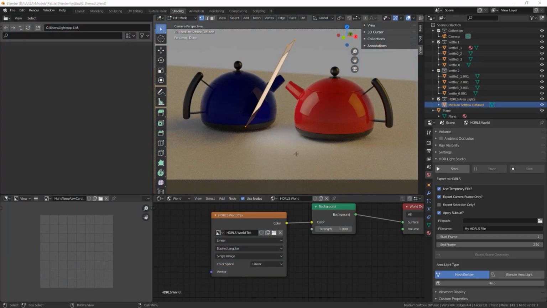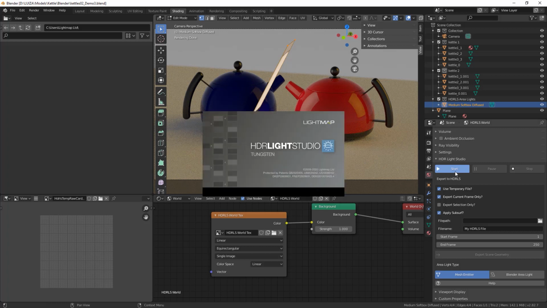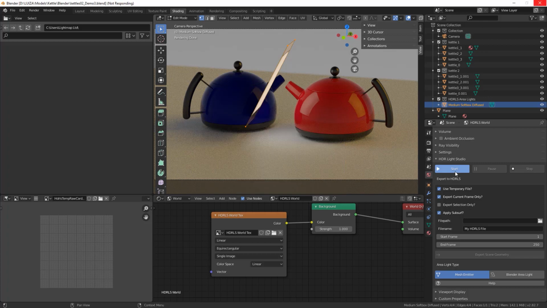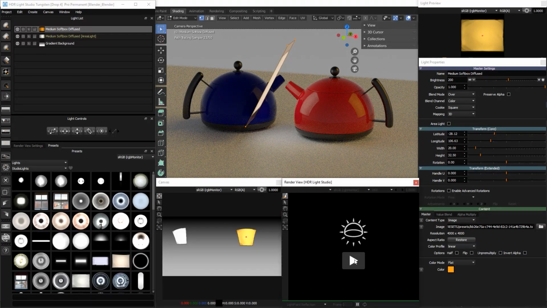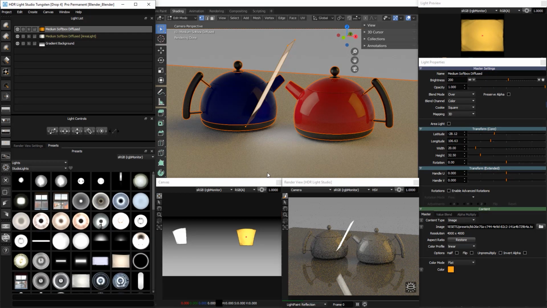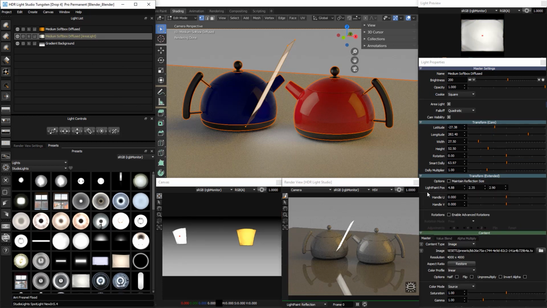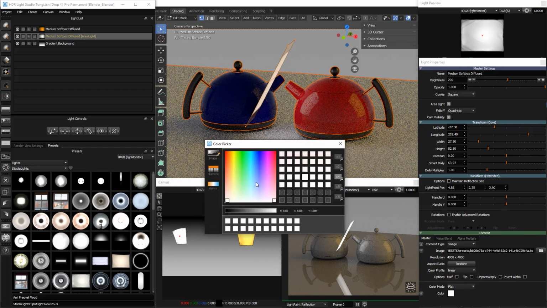If we decide we want to edit the lighting, we can do so by pressing Start and HDR Light Studio will start up again. Its lighting project is embedded in the Blender scene, so when HDR Light Studio starts, it will load the project where we left off. If we press play in the HDR Light Studio render view, we can see that the scene is being lit with this lighting. We can make further changes, so let's say we change the colour of one of these lights